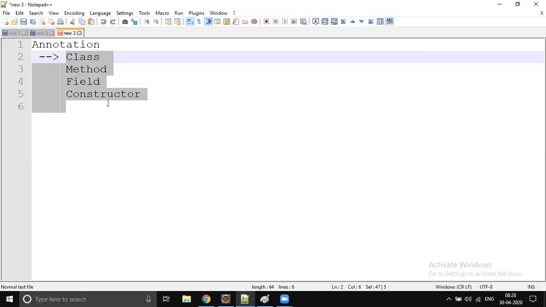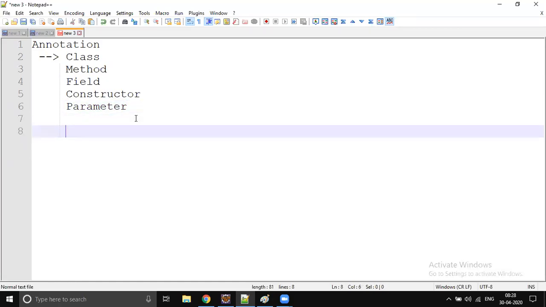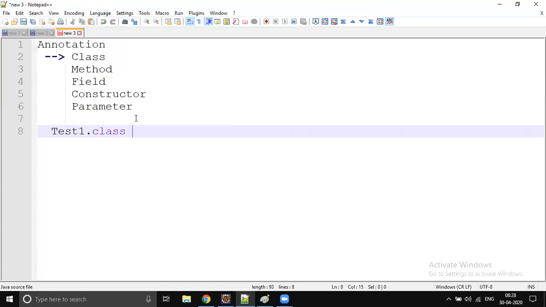We also have the Parameter class. Every method parameter is converted into an object of Parameter in Java reflection. If you just know any class, for example yesterday's example, test1 dot class, you can play with the test1 class however you want.